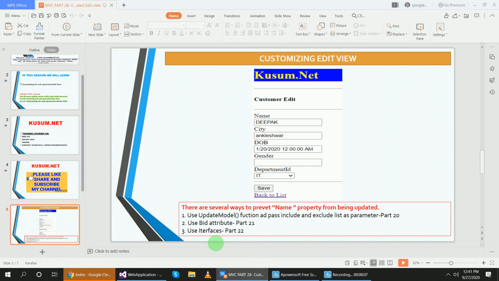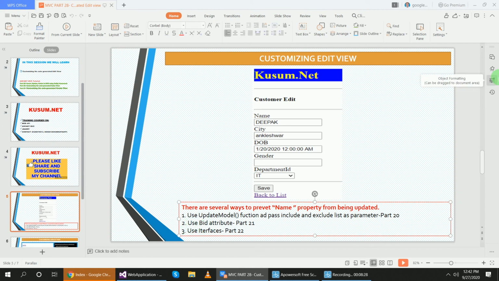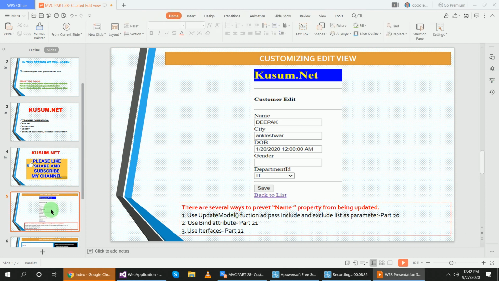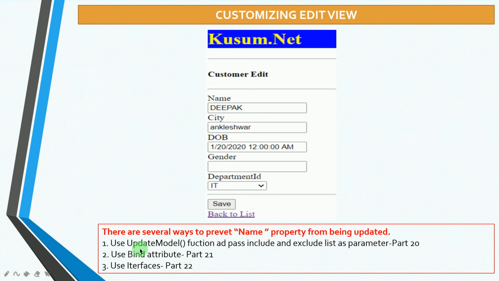So you can see here that this update model function takes include and exclude list parameters. I have explained this update model function and the include and exclude parameters in part 20, and the bind attribute in part 21, and using an interface is also explained in part 22.